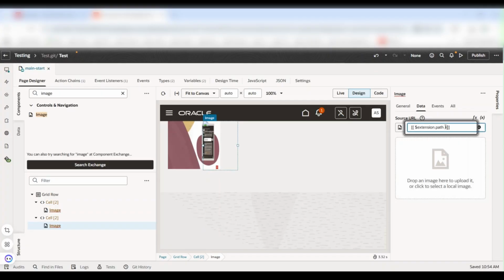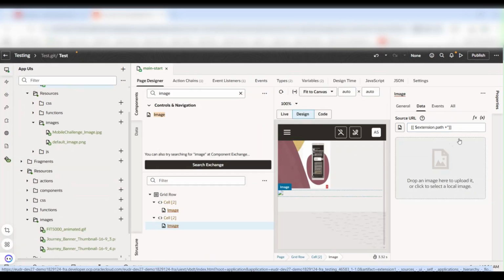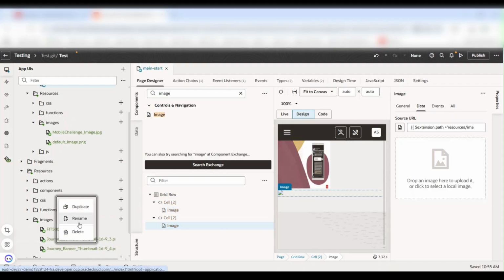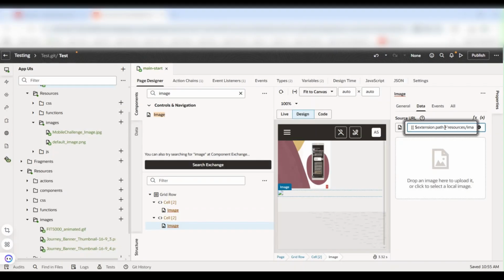After that, as usual, we need to place the plus icon and single quotes. In between that single quotes, we need to write the fully qualified path from resources slash images slash our image name. Let me take the image name and paste it inside our path.